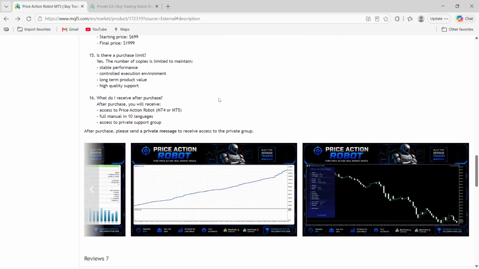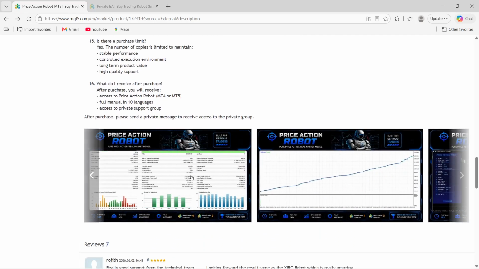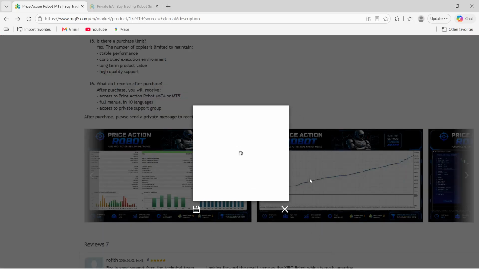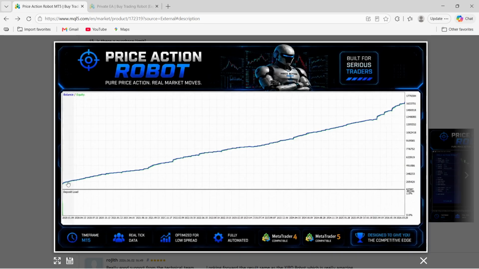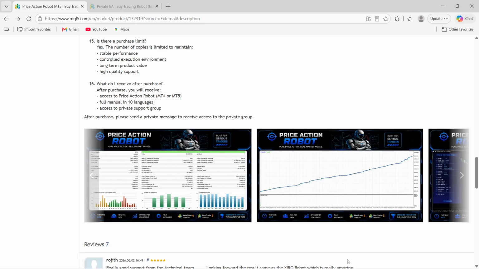We can see the backtest results from the developer's testing. We see how the equity curve looks. See how it moves in kind of a straight line up at a 45-degree angle. So it looks like pretty decent performance for the EA. But does that really hold water when I pass it through my own personal backtest? Let's find out. Let's quickly move over to